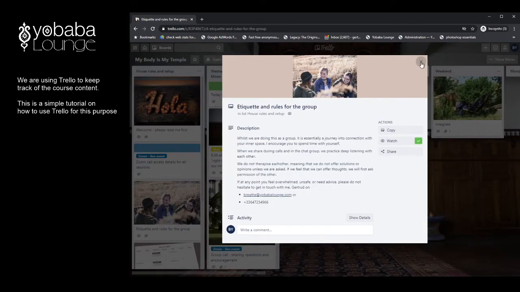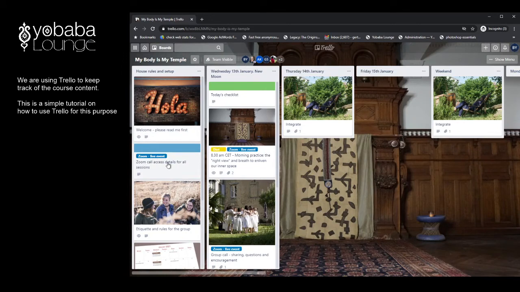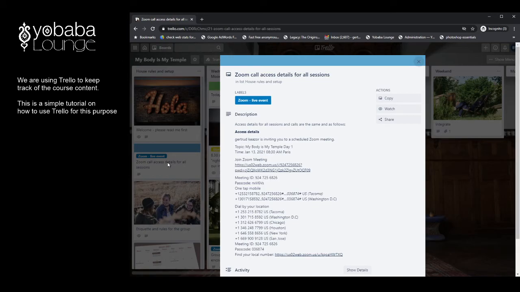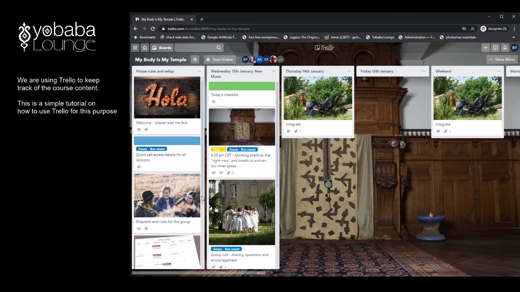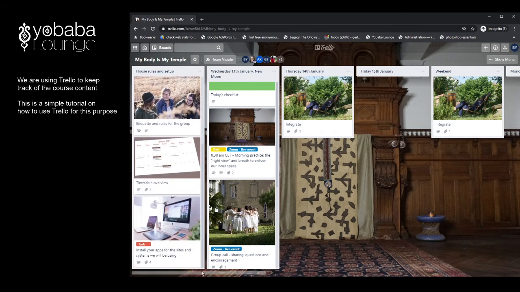but the really important one is the Zoom live event. The access details for all of the calls and the sessions will all be the same. So always come back here if you want to log on if you haven't got it stored in your Zoom app. So you work your way through each of the cards for a day,